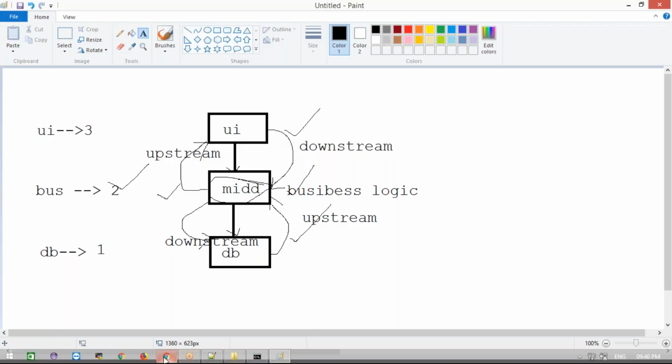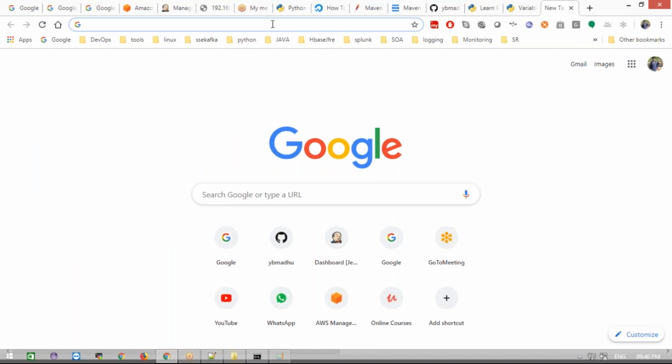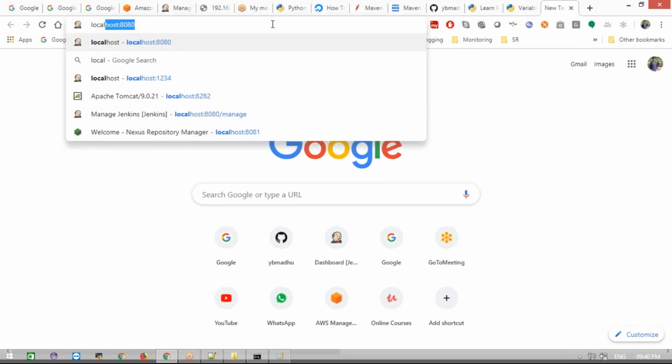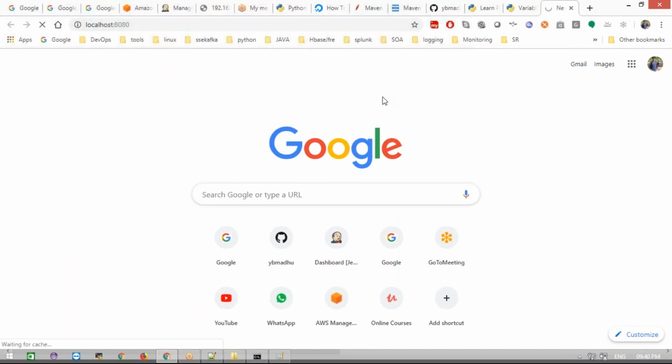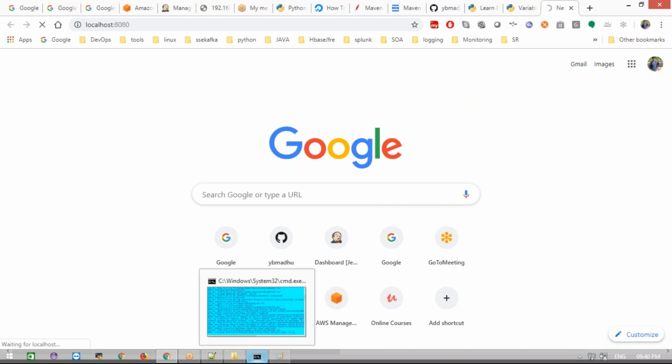Let me start my Jenkins. I already started it. Now I access my Jenkins at localhost 8080.